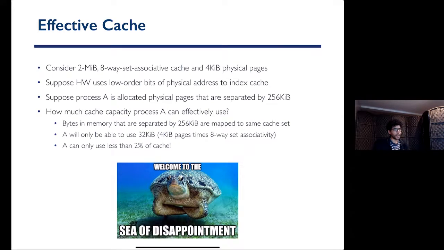So the other thing that we have to look at is how caches are used in conjunction with virtual memory, because cache usually uses physical address. It doesn't use the virtual address. Now, if